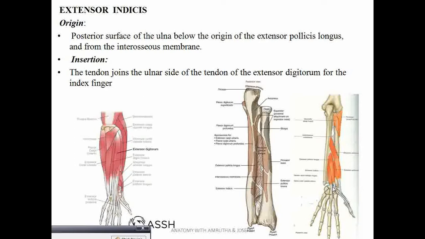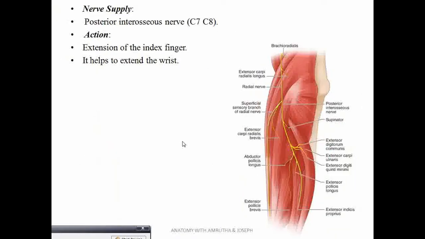Extensor indicis goes to the index finger, blending with dorsal digital expansion. Nerve supply, posterior interosseous nerve. Radial nerve gives posterior interosseous nerve. Action, extension of the index finger specifically, and it helps to extend the wrist because it is blending with the dorsal digital expansion,